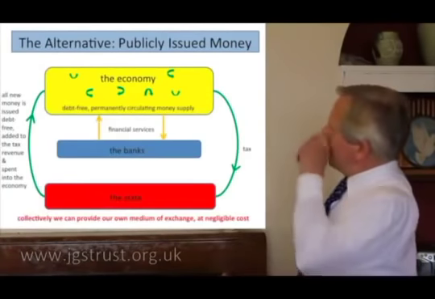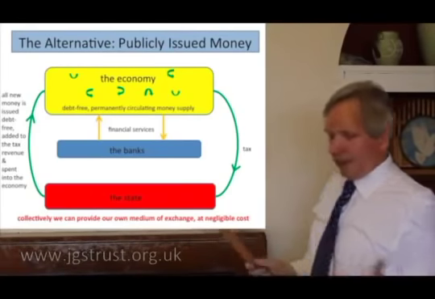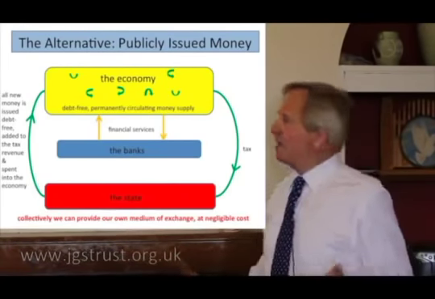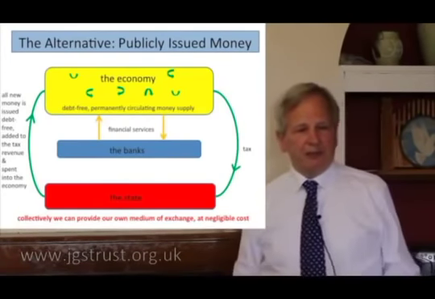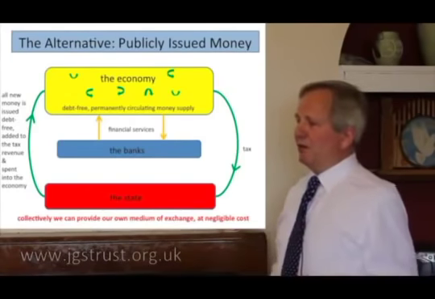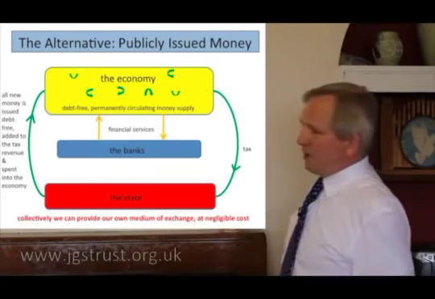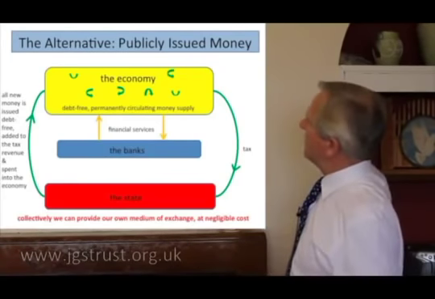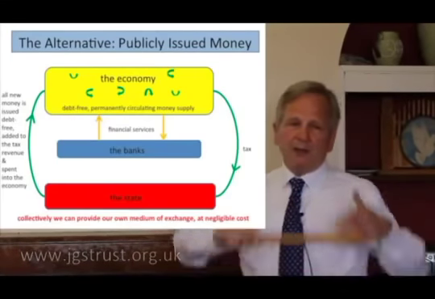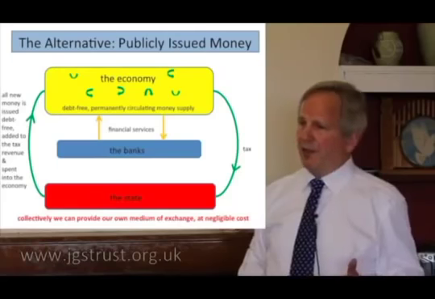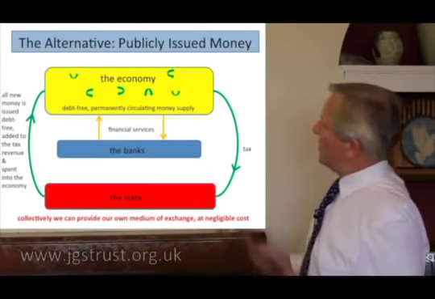What's the alternative? Well, we could do it this way. Here's us in the economy, and instead of using numbers which are lent to us by commercial banks, we could have our own numbers. Could issue them collectively, all of us. And they could be permanent. And the money supply could go round and round indefinitely as we conduct our business. Where would that sort of money come from? Well, it can only come from the collective, from the whole community of money users. You don't want any privileged minority doing it and making lots of profit out of it. Let's do it all together.